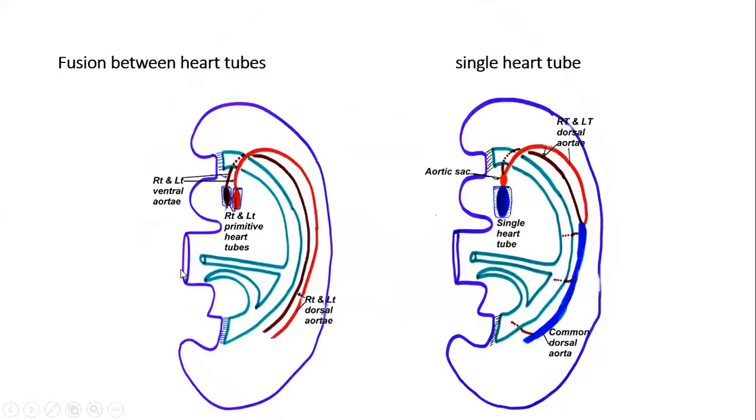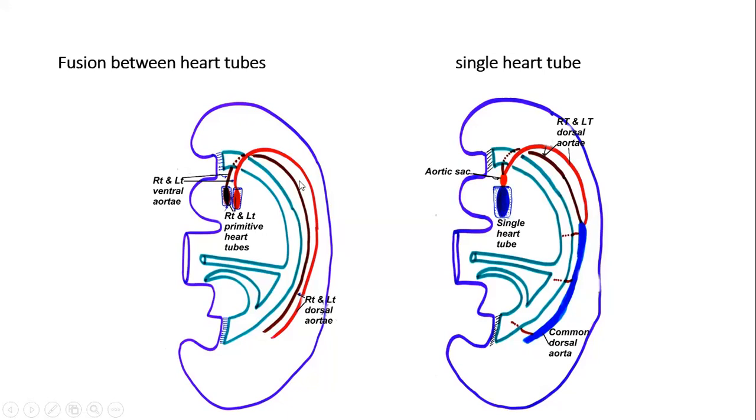Okay. Later, as you know, it will bend. The fetus will bend itself, the head end as well as the tail end. This is called the foldings of the embryo, as you remember. So this is all covered before. The foldings of the embryo during development, if you have studied in the GAD course, there you have studied the bending of the embryo and other things. So here is the bending of the embryo, the head end as well as the tail end.